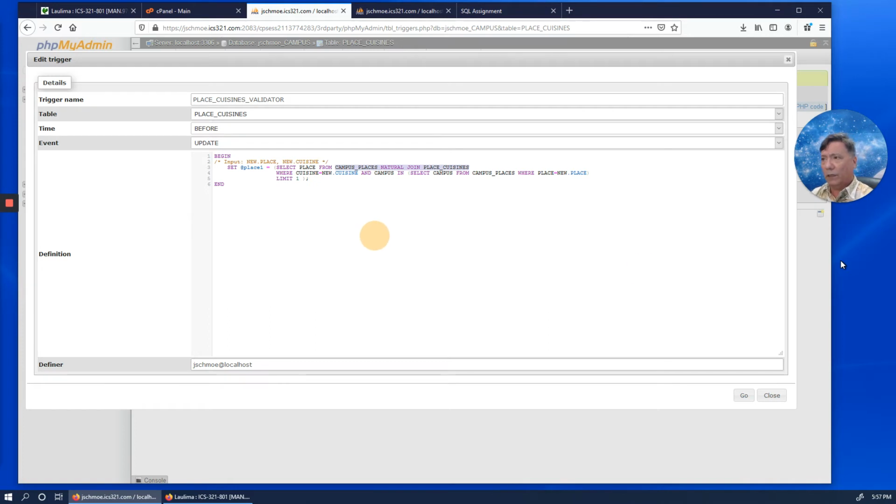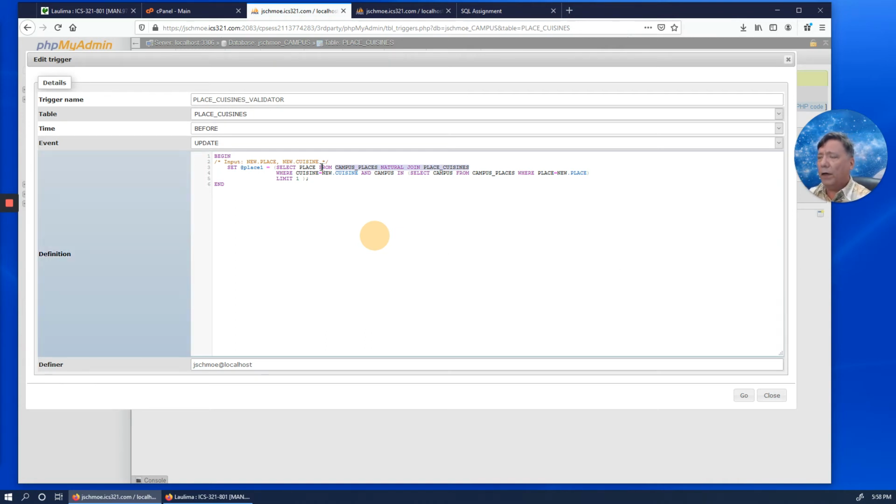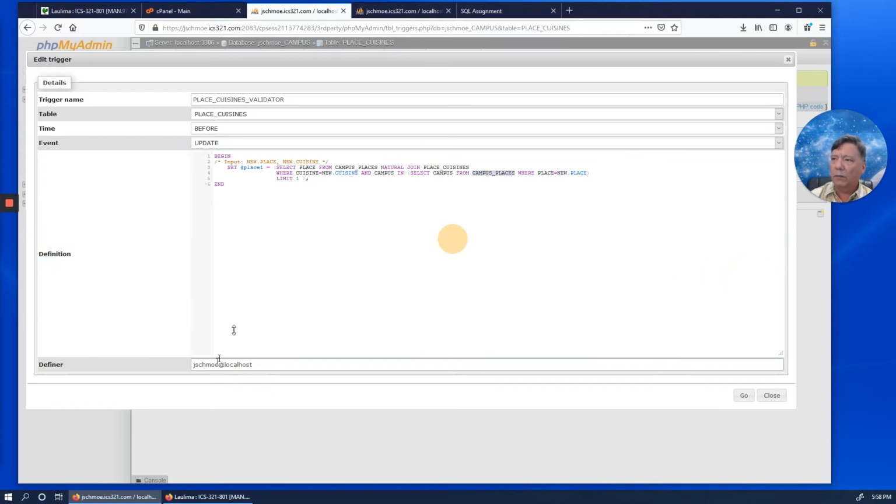We're going to select a place from the database of all the places, along with their cuisines, place, cuisine, campus, where the cuisine, we're selecting out of this set here, we're going to select a place where the cuisine is equal to the new cuisine, that would be burgers in our example, and the campus is in the set of campuses that have Himalayan Kitchen as a favorite place. And we're going to limit it to one of them.